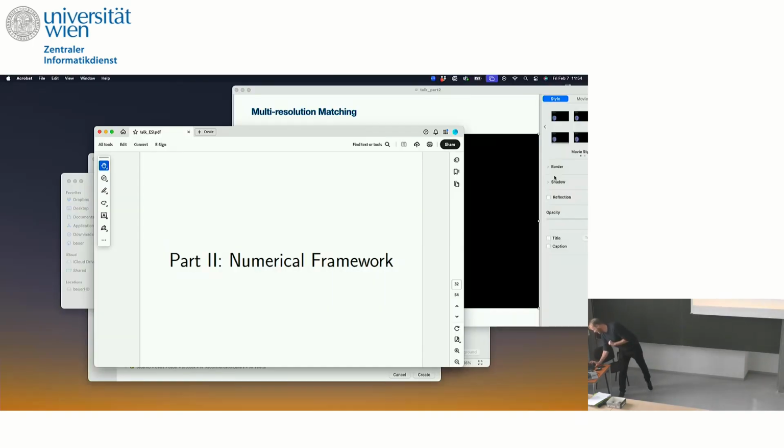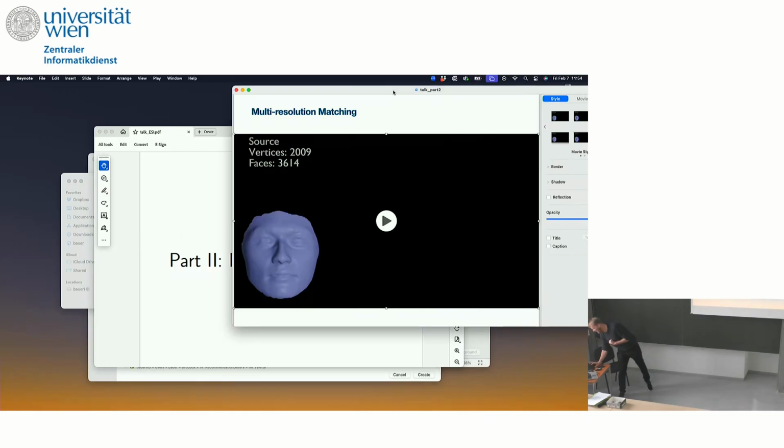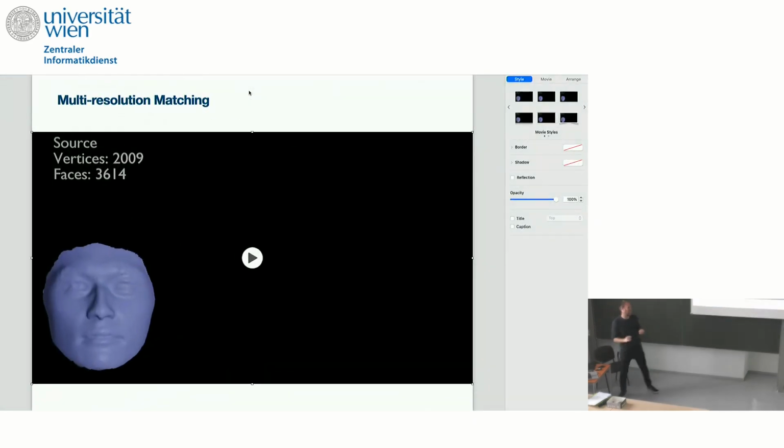I'm in time. So instead of talking about the numerical discretization, I will say there will be a talk about numerics next week by Emmanuel, where you hopefully will see some of these things. Actually, it will be a little bit different, but you will still see some of them. Instead, I just want to show you some examples. So this is not only a theoretical framework, but we really implemented this. This is open source and available.